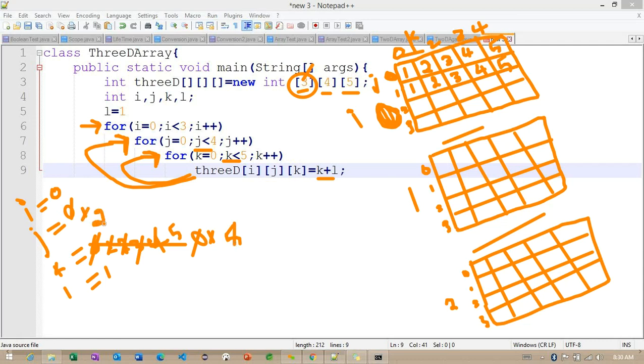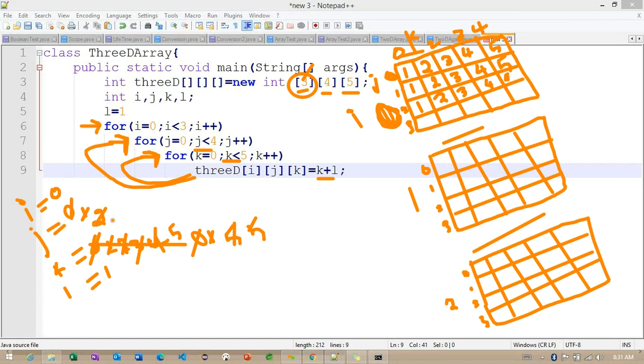The J block will become 2, and 2 less than 4 is going to satisfy. Again, the K value will increase to 5. The values we are going to initialize are the same here: 1, 2, 3, 4, 5. The same values we are initializing here.